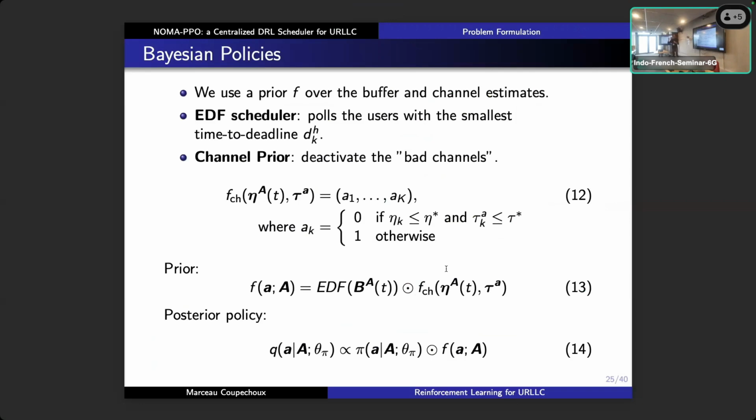I don't want this device to be polled. And so we construct a posterior policy, which is the policy given by the network times this prior. The EDF scheduler is an oracle because you don't know the buffer, but we can implement the prior based on the estimated buffer, and this is what we do. So we have the estimated buffer, and we construct the EDF scheduler. So at the end we have